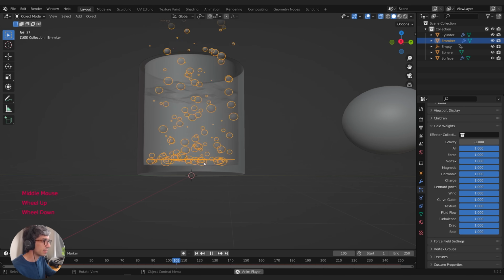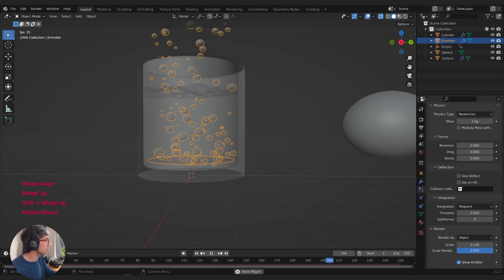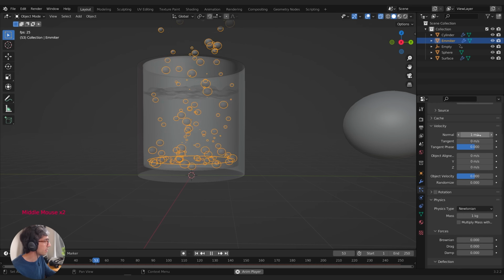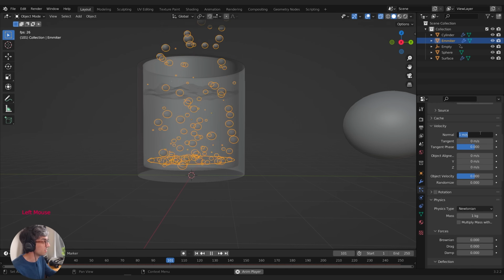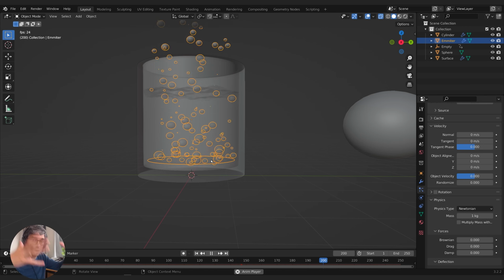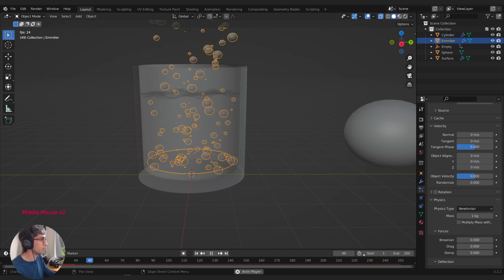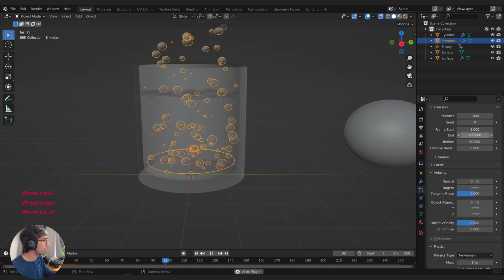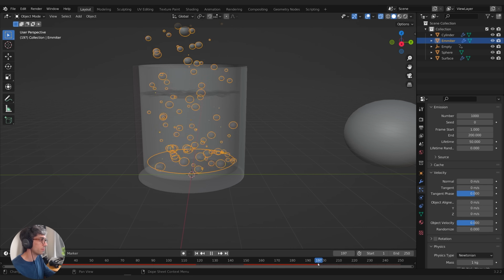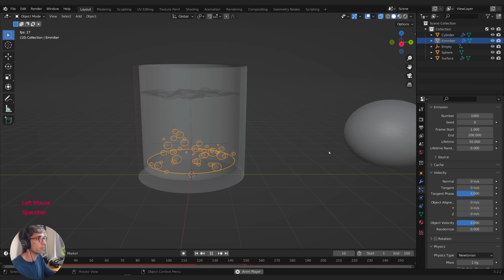They do have a little dance down though, don't they? I think there's some velocity on here. So let's go up to the physics. And yeah, right here, velocity, it's got 1 millisecond. I actually don't know what that stands for, but I'm going to zero that out. Now they're just going to appear and rise, which is just what we want. And also the simulation ends at frame 200, so that's where it just turns off, you can see. So I might just end here at 150. I don't need to go fully to 200 for this.